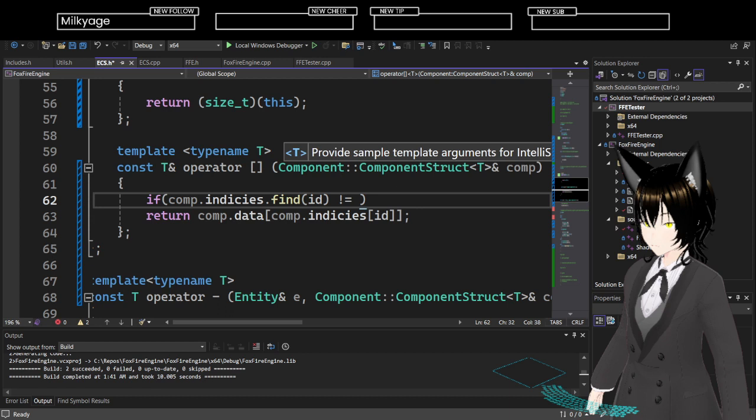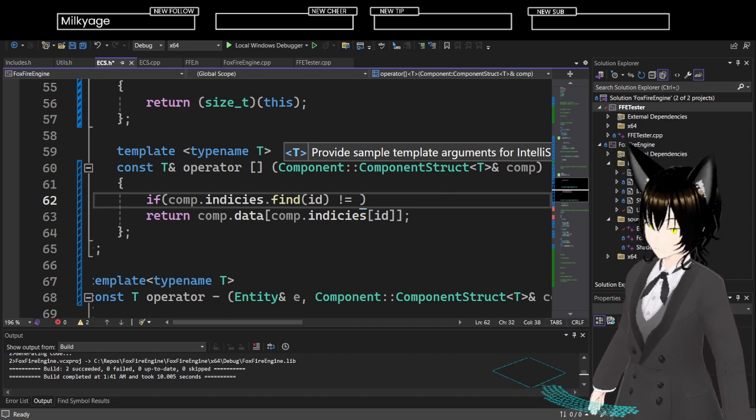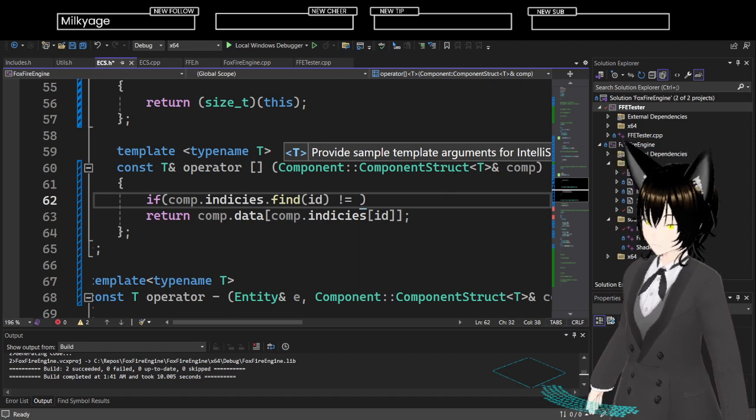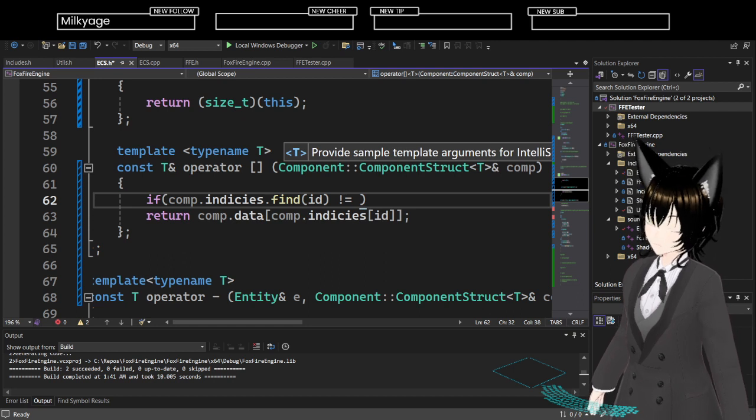Search the map for word value. Okay. Find.